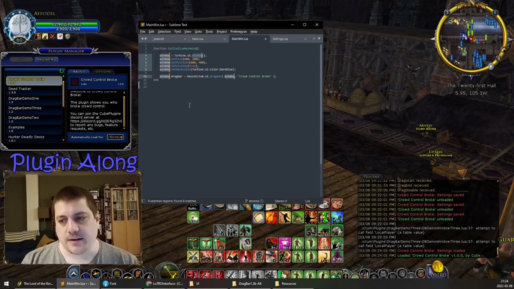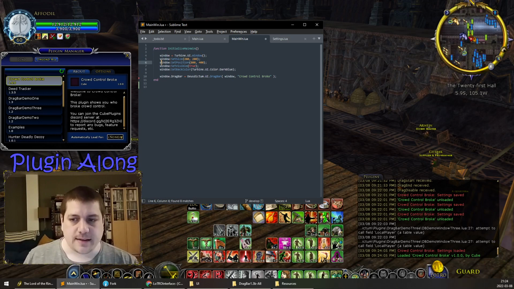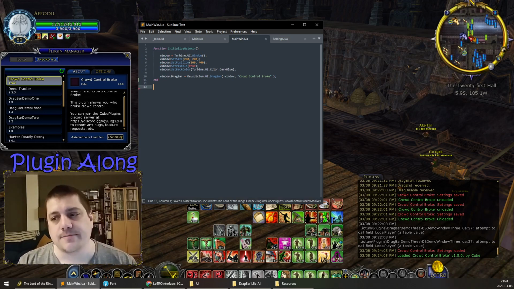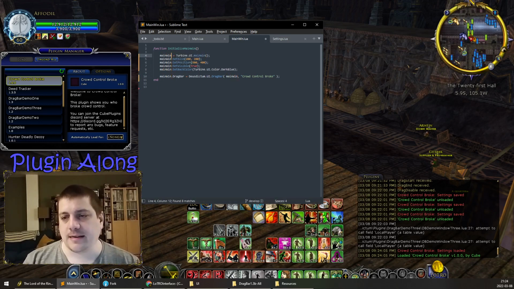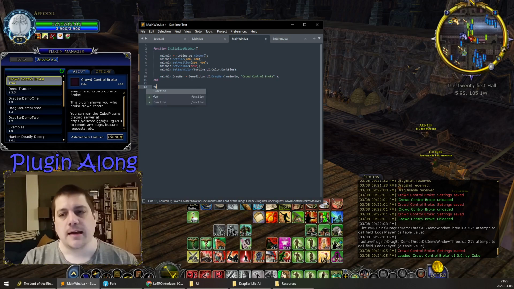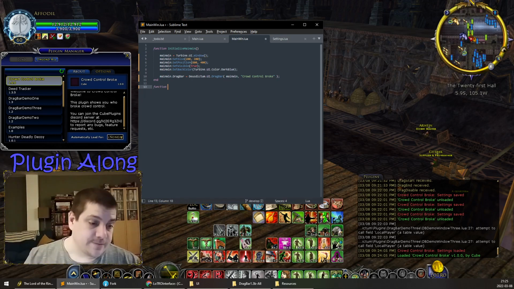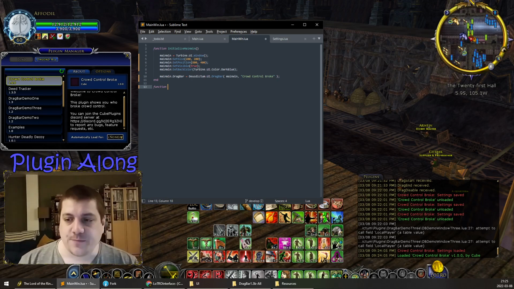Window is so generic. I'm concerned that it should be something a little bit more specific, like main win, because again, window is even more generic. So we're going to go ahead and quickly just call that main win, and then we have to undo this one. Window. Okay. So function. This is short of having an actual class, where this is a little bit more object-oriented. Unique variable names is at least helpful. Okay, so we have add